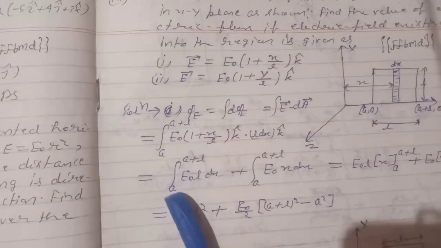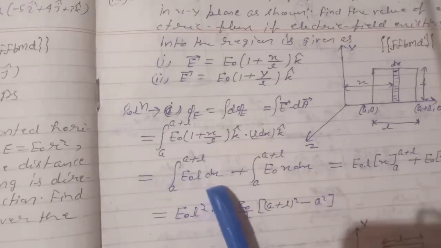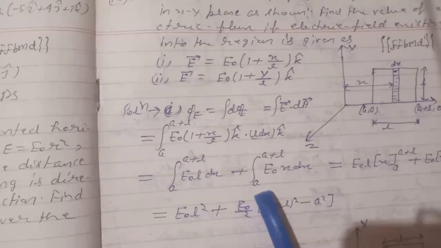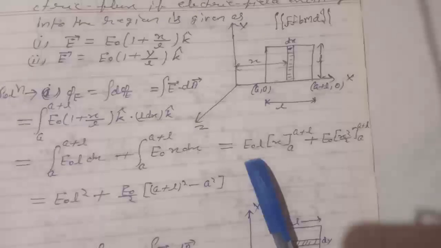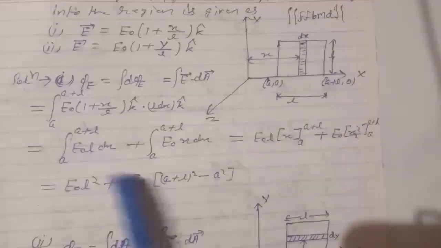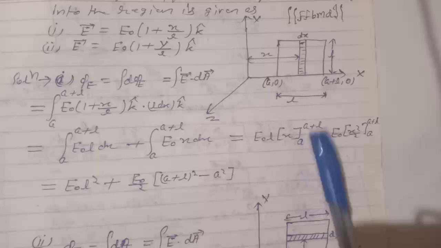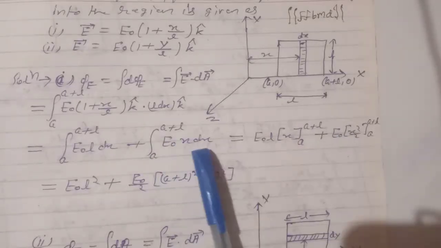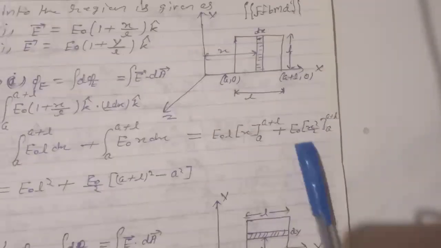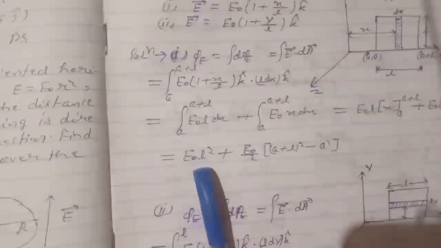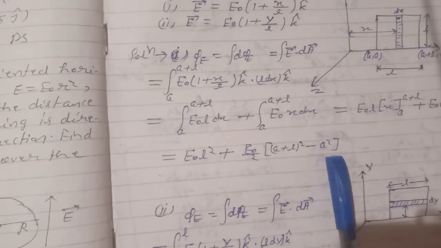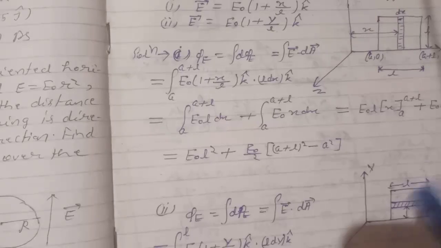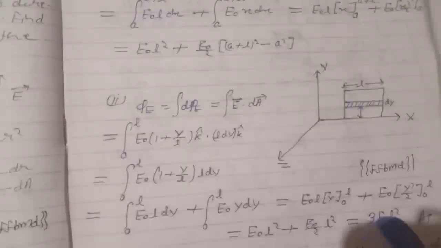So a to L integration E naught L into dx plus a to a plus L E naught x dx, or E naught L, the integration of dx is x, so a to a plus L, and integration of x dx is x square by 2, so E naught into a to a plus L. Solving here, E naught L square plus E naught by 2 into a plus L square minus a square. This is the answer. For second case,